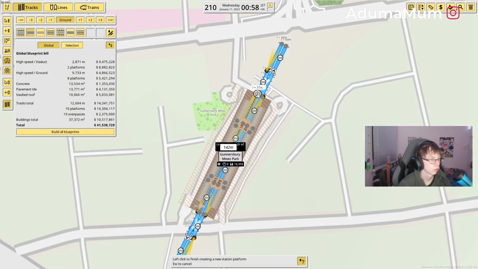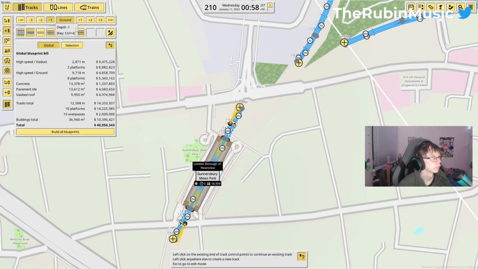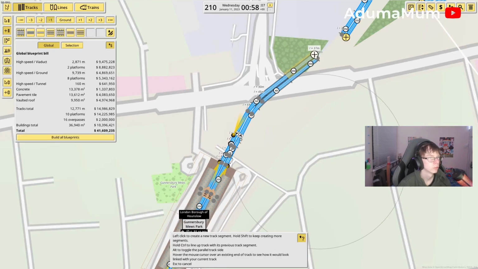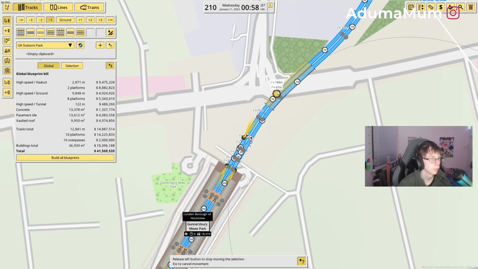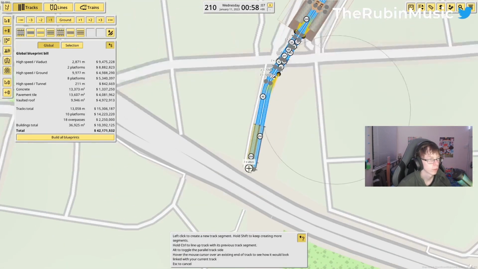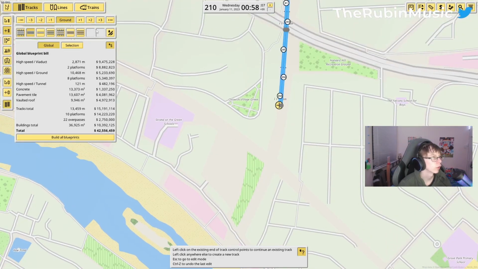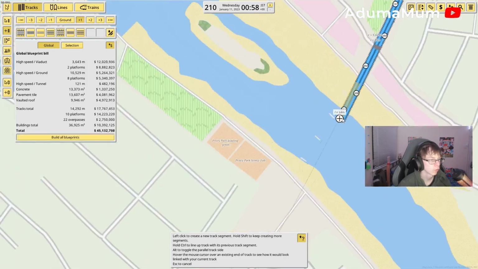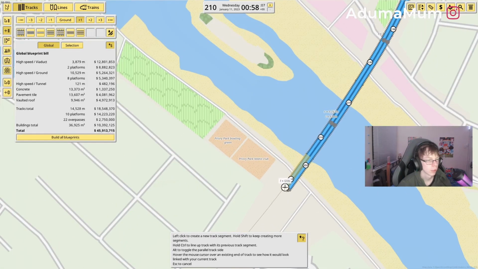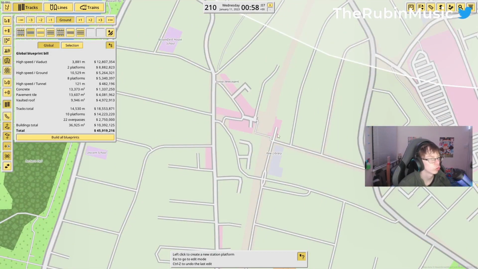and build a Gunnersbury just in this gap here, and then try and make this a little bit better, maybe something like that, and then have this come up from the ground just like that. And then we have a little line here, so I'm going to put this above this like it actually is, and then build a bridge just over the river like that, all the way to Kew Gardens, which is just here,